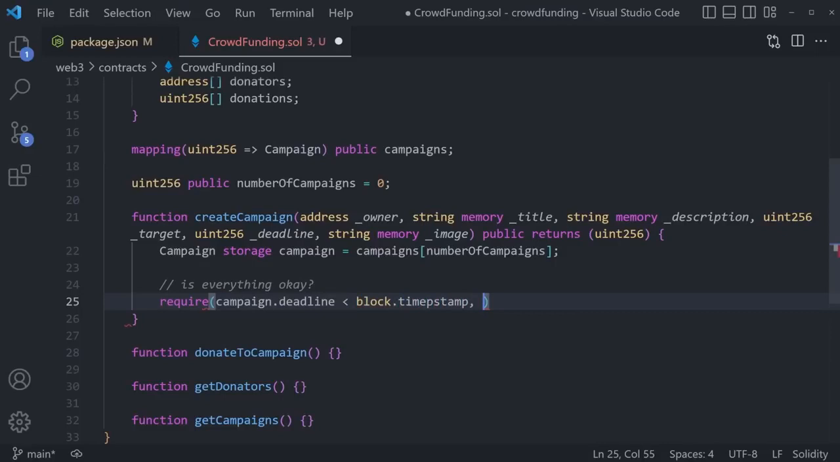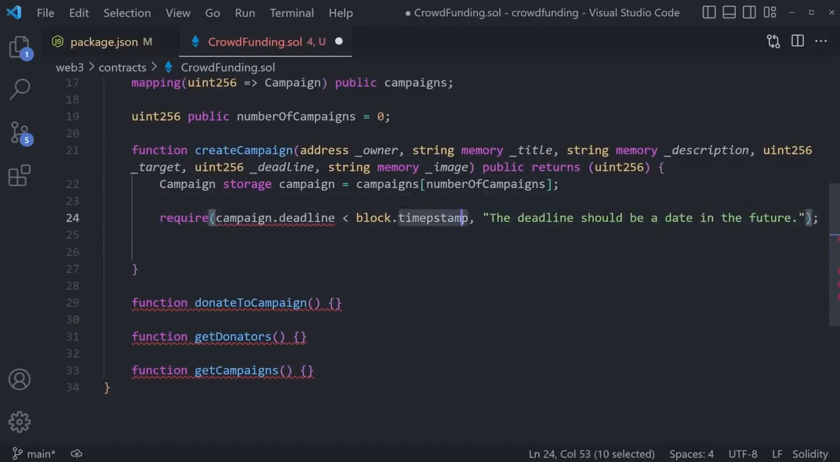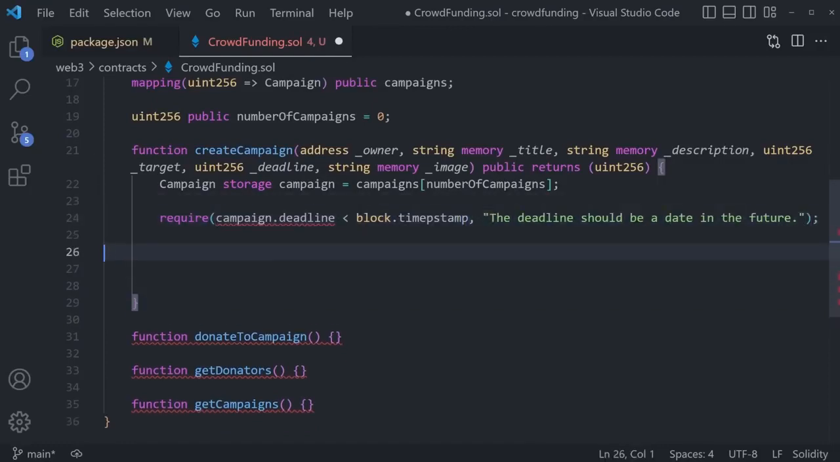And then if that is the case, if the date of the deadline is before, meaning in the past, then we can provide an error message saying something like the deadline should be a date in the future. There we go. Now, our code is not going to proceed further if this is not satisfied. But now, if we are okay with that, then we can say